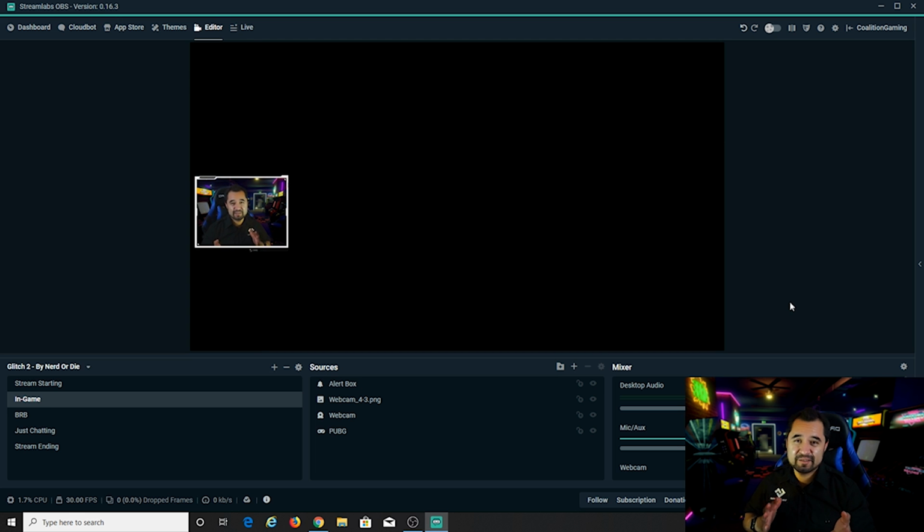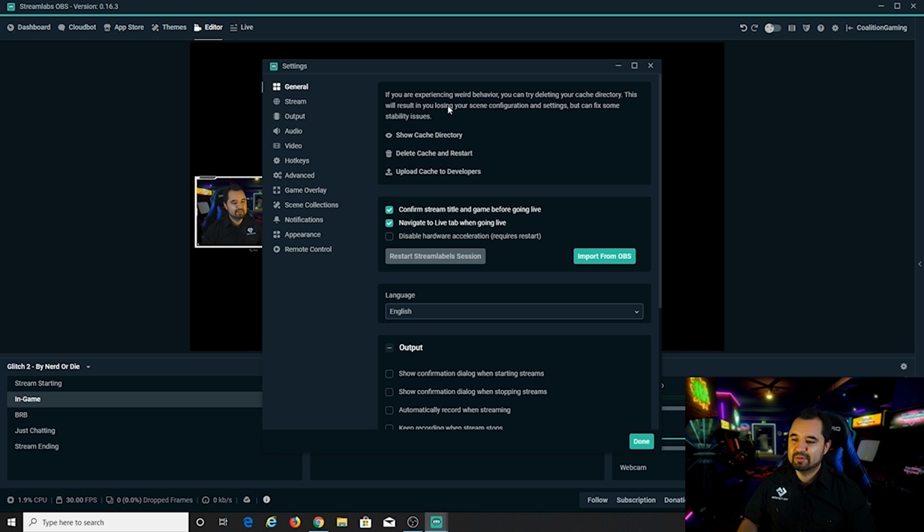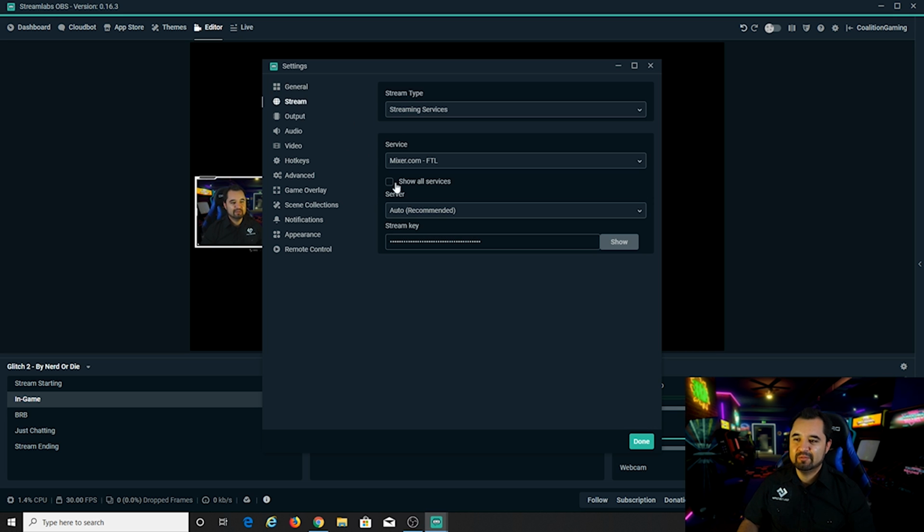So now we get into a little bit of the technicals. You want to click the settings wheel right here, and you'll be brought to this screen. Now, most of the time with Streamlabs OBS, it has a really, really solid auto optimizer. But from what I'm told, it only works if you log in with a Twitch account. So Mixer, you're going to need to go through it a little bit differently. So we're going to go to Stream, verify that it says Mixer, FTL, and all this stuff looks the way that it does. And you should be good to go here. Logging in with Mixer automatically takes care of this part anyways.